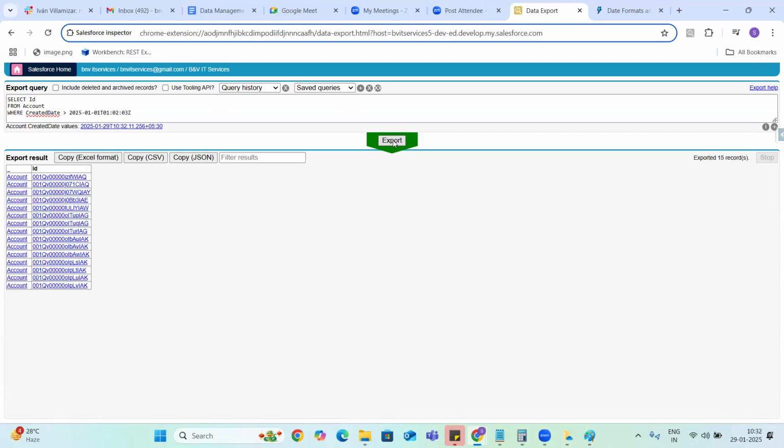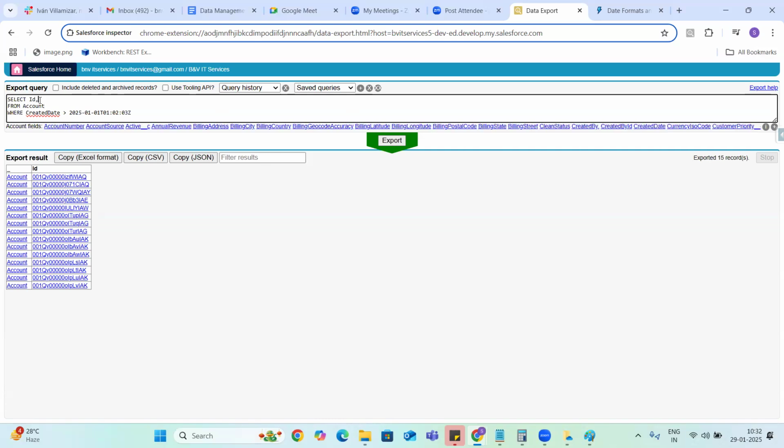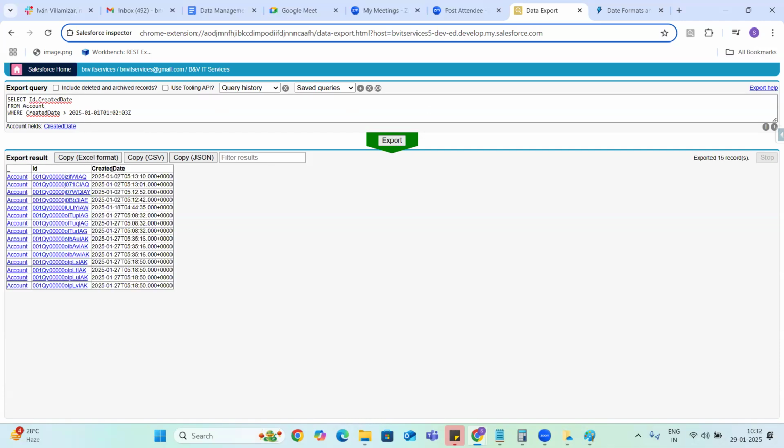Okay, still we have some accounts. If you want to see the created date, you can add that field, guys. These are the accounts which are created on the 27th, and we created some accounts using data import. Also we created some accounts on 2nd of January. On 18th of January, one account was created and the rest of the accounts were created on 27th of January.